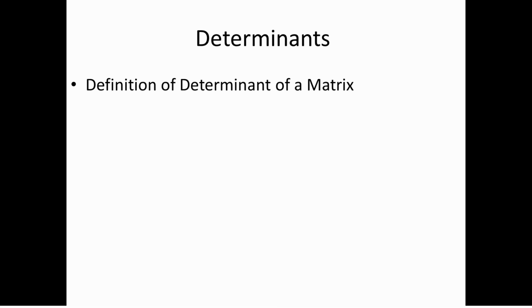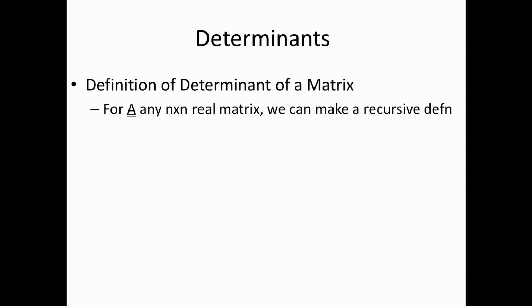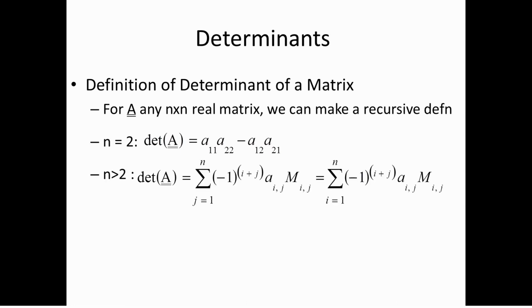So I'm going to define the determinant of a matrix in a kind of recursive form. I'm going to say for any n by n real matrix, we can make a recursive definition. If n is equal to 2, we're going to define a determinant to be simply as follows. This is the standard formula that we all know. And then we're going to say if n is greater than 2, we're going to re-express the determinant as either a linear combination of the elements of the ith row, this is what this first summation is, or the ith